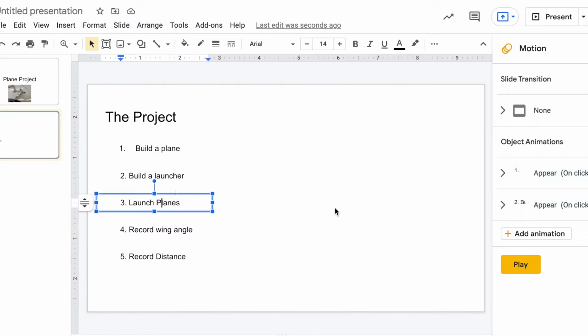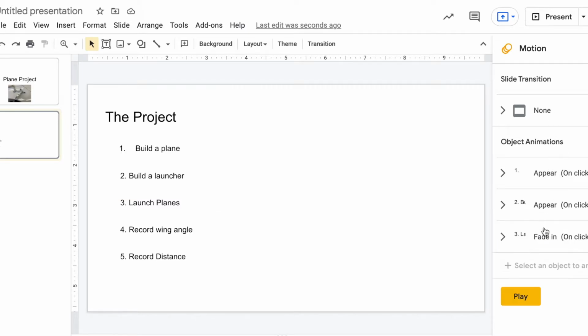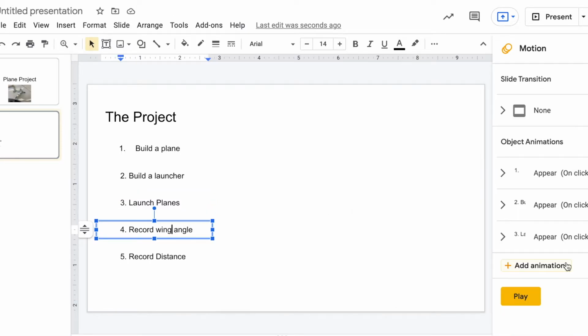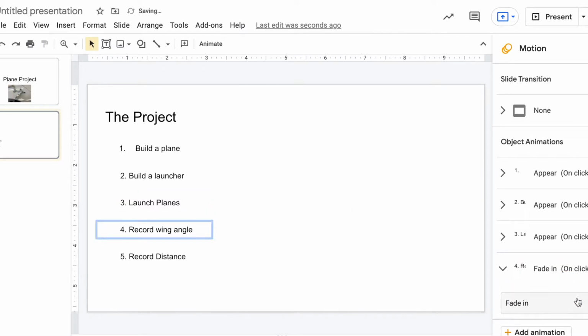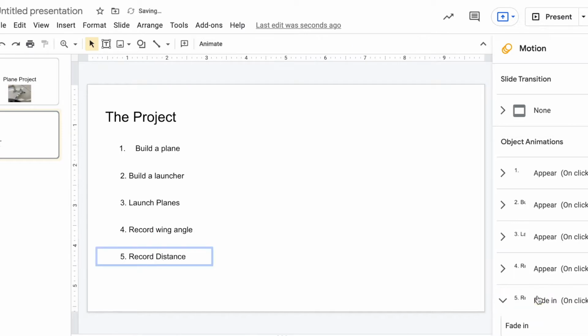I only have 2 animations, so I need to add an animation, and I'm just going to have it appear up here. And you can set that as a default, so it'll do that each time. Number 4, I want to add an animation, and I want it to appear, and the same with the 5th. I want that to appear. Okay, and